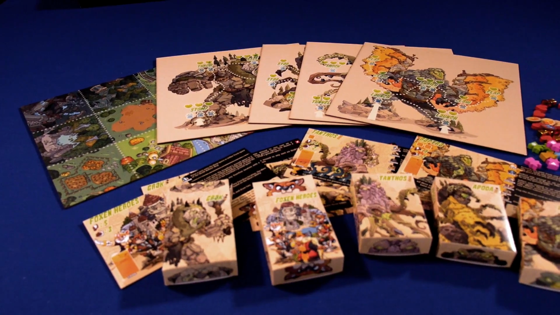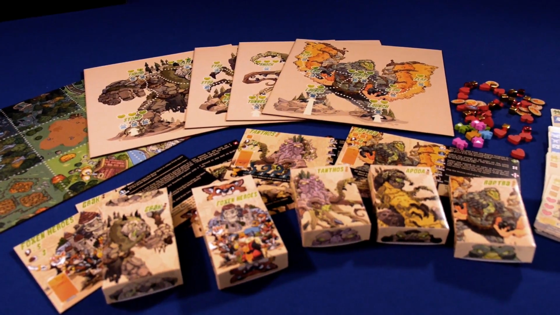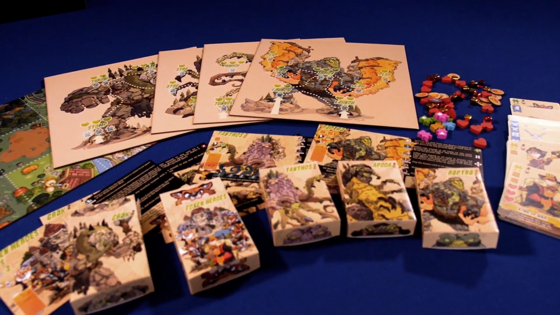Let's look at the prototype components. There's a game board and guardian boards, boxes with components for the different players, player mats, meeples, cards, and more. In Skulk Hollow, each player has their own cards and components and specific win condition. The Fox and Heroes win if they eliminate the Guardian. Now the Guardian player wins if they eliminate the Fox and Leader or if they achieve the specific win condition